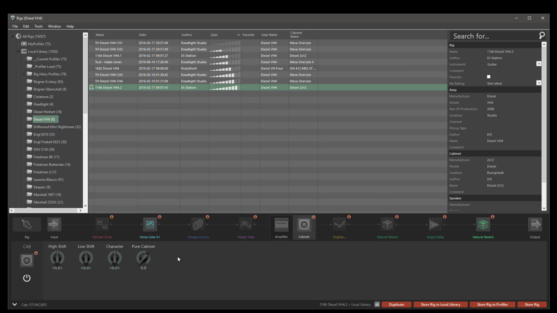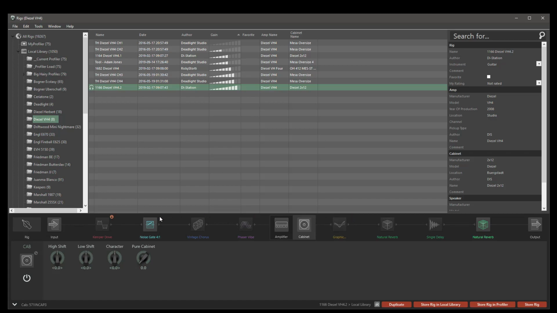If I hit the effects button on my Kemper, you'll see all the locks right here turn off, and all the locks turn back on. That's by holding down the lock button on the device and hitting the effects button, or I can hold down lock and click on the individual blocks on the device and lock and unlock them. Or I can literally just come in here and unlock everything. So if I unlock all these